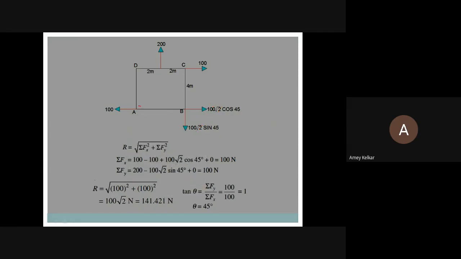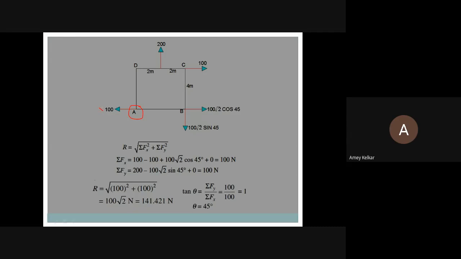So next step is we got to find moment about point A. As per the discussion in the previous class, we got to remember if the line of action of the force passes through that point, it will not generate any moment. Again, I am repeating, if the force when extended passes through that same point, those forces will not generate any moment.